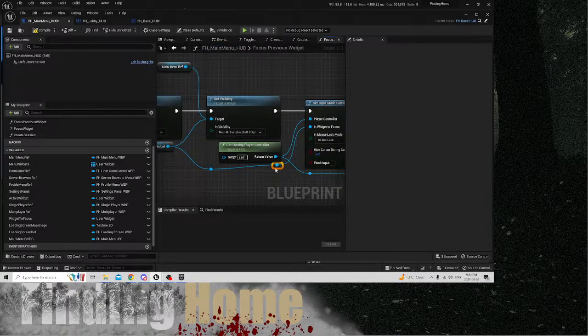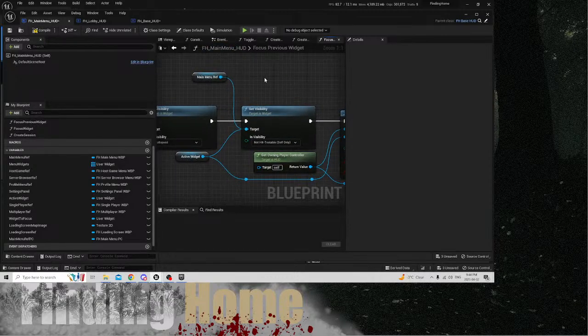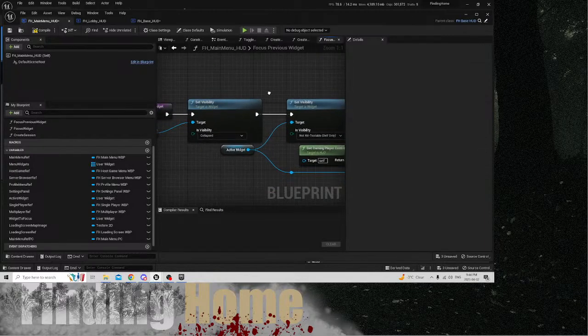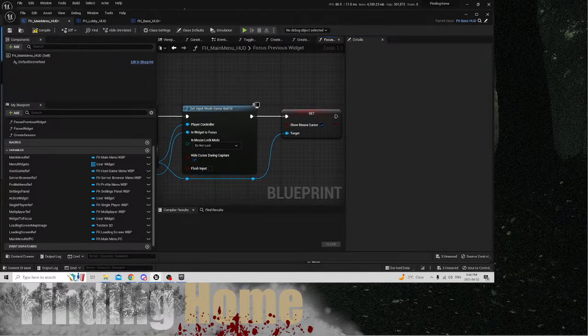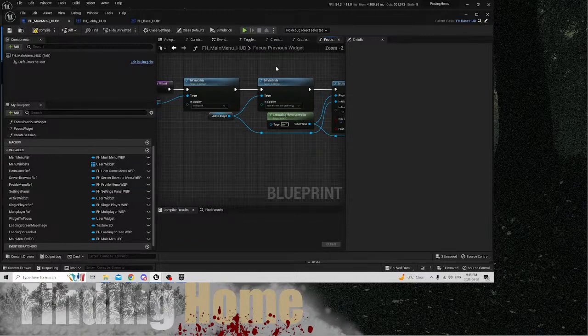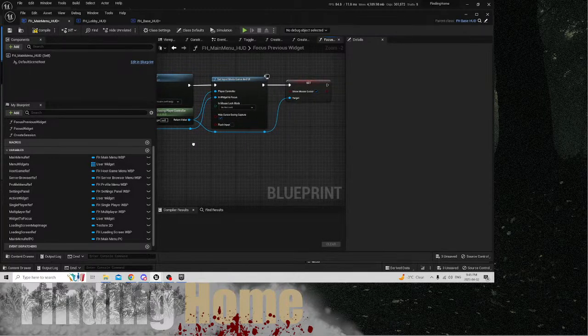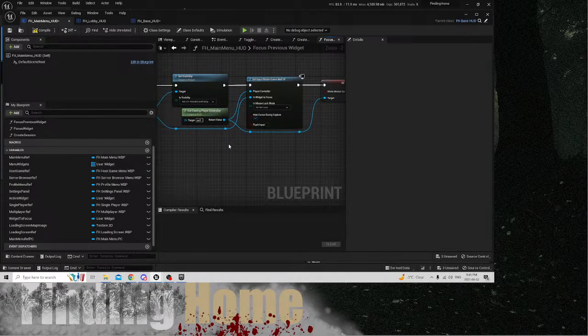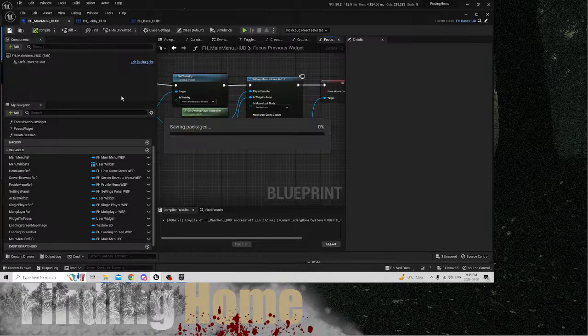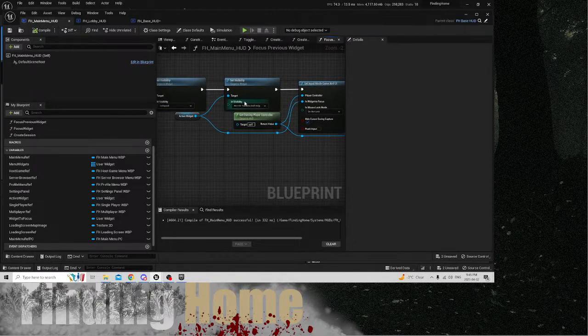So we want to focus the active widget, which is in reality the previous widget, because we're not going to target in this case. So right now, this is erroring because we don't have anything for active widget. Active widget will be